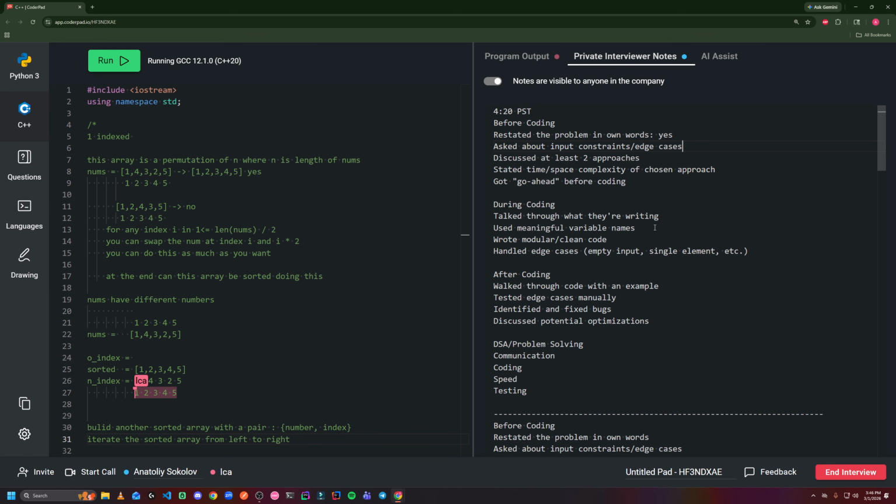Original index, new index. No, the original index should be this, and the new index. The new index is just the array index. It's just the array index, and the original index is like this pair of, and when we